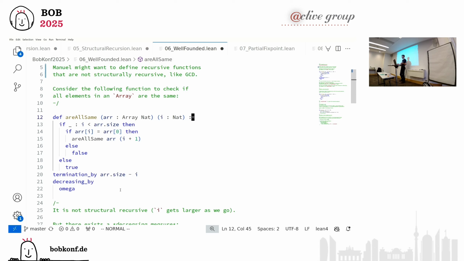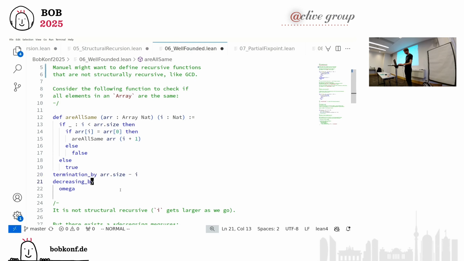Like it's not a real number where you can have approximation. It's not an integer where you can go with negative numbers. No, it's a very nice natural number. And these have this nice property that you can't start with a natural number and go to smaller numbers forever. Eventually, you'll stop. And that's the core of many, many termination proofs. So I can explain the same thing to Lean, and I do this in two steps. I say this function is terminating because of this measure here, which is the difference between the size of the array and the parameter. And then I also have to actually prove that this is actually getting smaller.